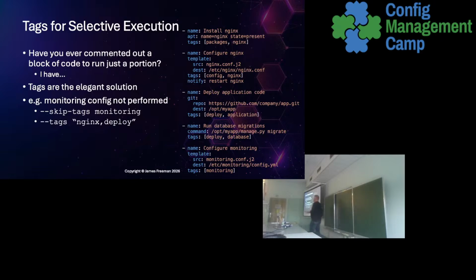But actually, you don't need to do that. And of course, then, what are you going to do? You're going to commit that commented out version to source control. How do you manage that? The better way to do that is to put tags onto each task. You can then choose either to run only specific tags, you can choose to skip over specific tags. Basically, tags are your friend for when, let's say you've written something, because a playbook can take 20 minutes to run, particularly if it's downloading packages and that kind of thing.